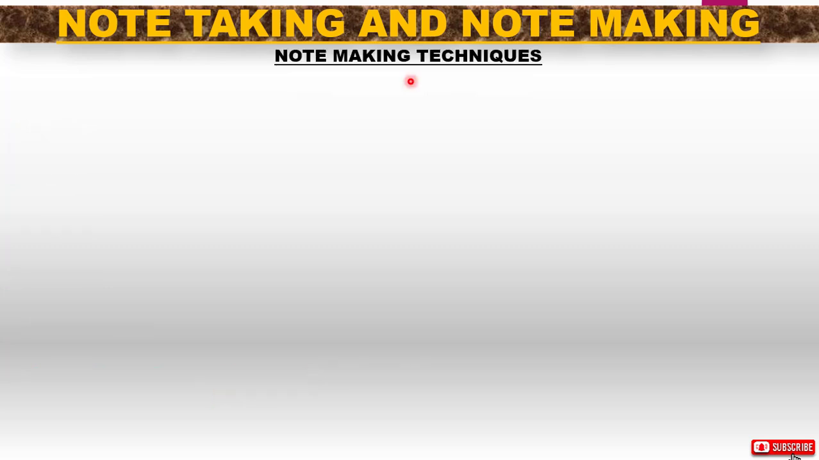What are some note-making techniques that you can use? First of all, you can use the outlining. We have charting, mapping, Cornell, and boxing. This means that we don't have only one way of making notes. You can use all these methods to make your notes, but it will depend on the purpose for which you